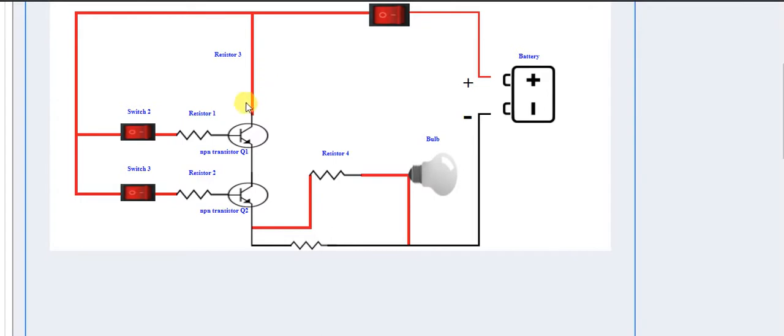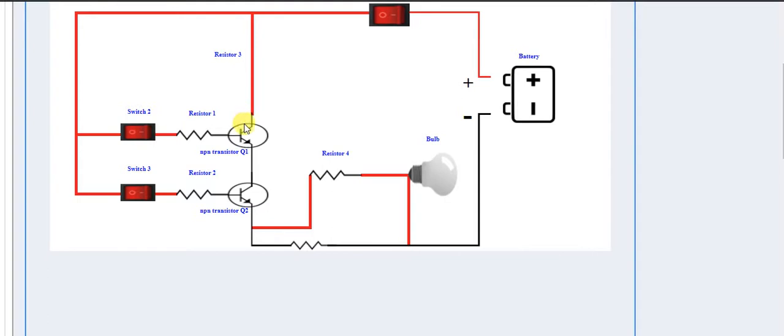Here the transistor Q1 is an NPN transistor. What is N? N type of material and P type of material. There are two types of material, no? Semiconductor devices. So that is called NPN, that has been used here. The arrowhead is called the emitter. The central part is called the base. The top part is called the collector.